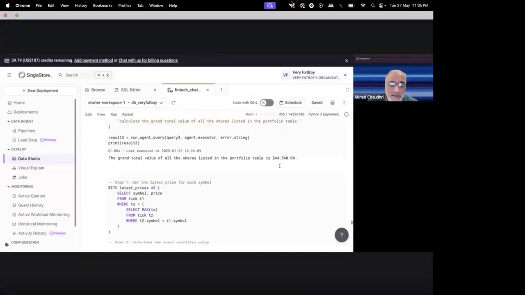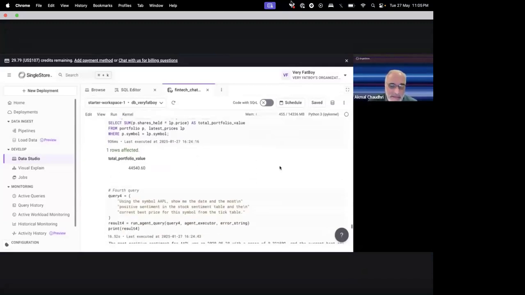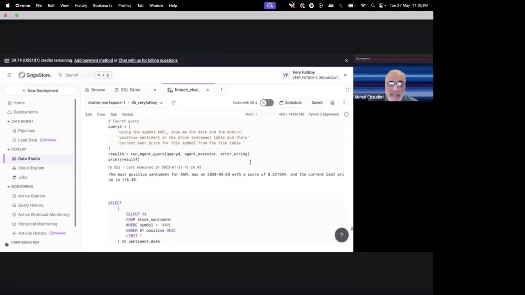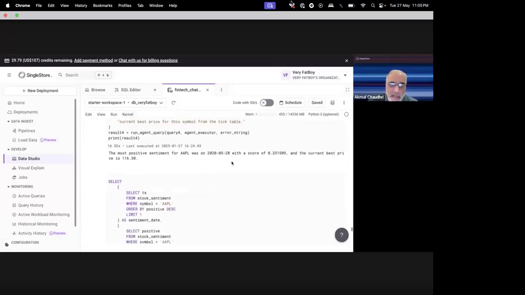Now, how do I verify? So a little bit of SQL code there to do the same thing. And here we get the correct answer, and indeed it agrees with the value that the natural language query returned. And then taking this again a step further, saying using the symbol Apple, show me the date and the most positive sentiment in the stock sentiment table and the current best price for this symbol from the tick table. So again, it goes away and then comes back and says, okay, well, Apple was on this particular date.